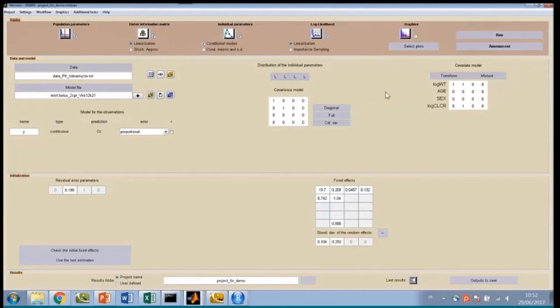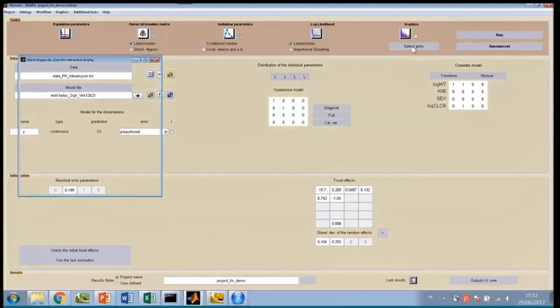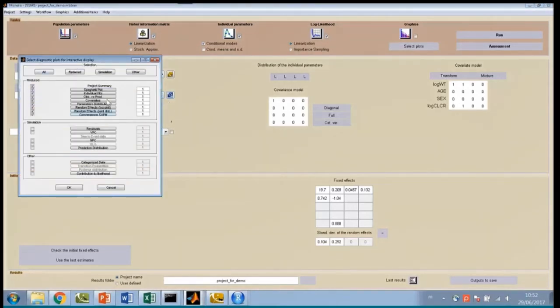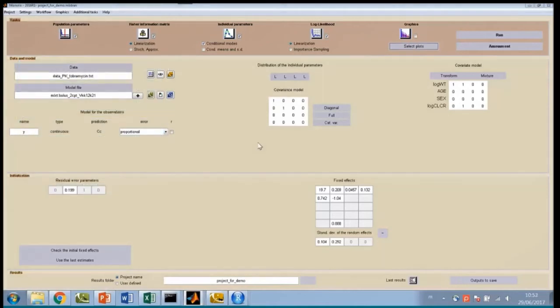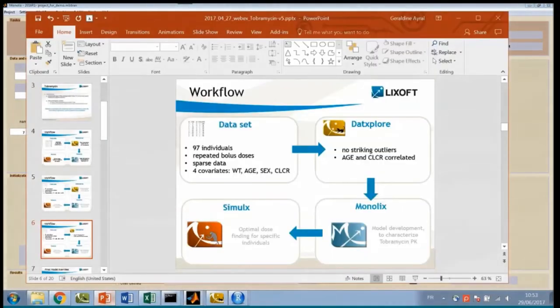So this is a small overview of Monolix. One more thing that I would like to say is that for the moment I have shown you the basic graphics. We have some more graphics that you can see here. So we could have a look at the VPC, at the residuals, and so on. This will be part of a next webinar, maybe, that will be more focused on Monolix. So if I go back to my slides,